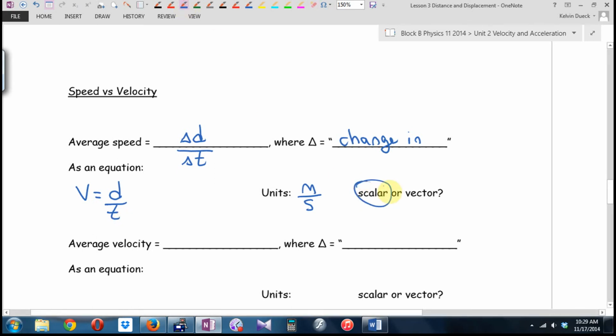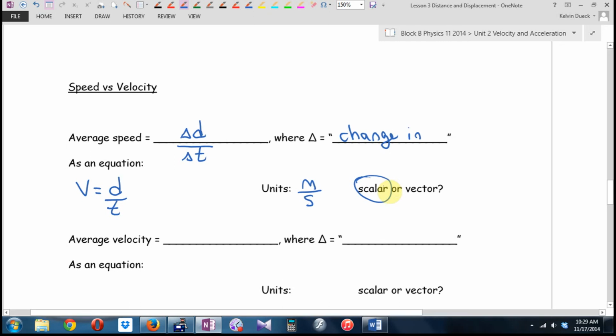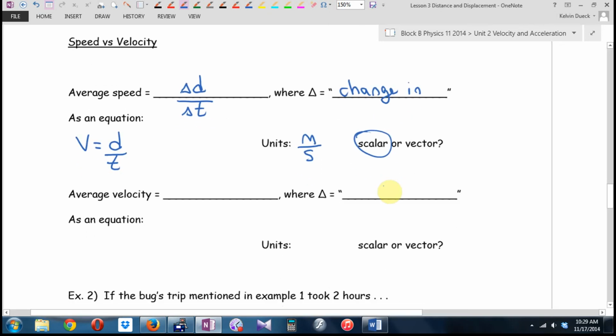Now, that's the physics proof. You could also have said, hey, Dueck, did you put a stupid arrow over the top? No, then it's a scalar. Speed. Average velocity equals